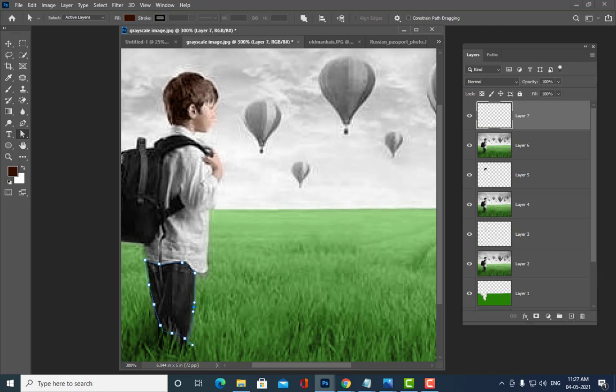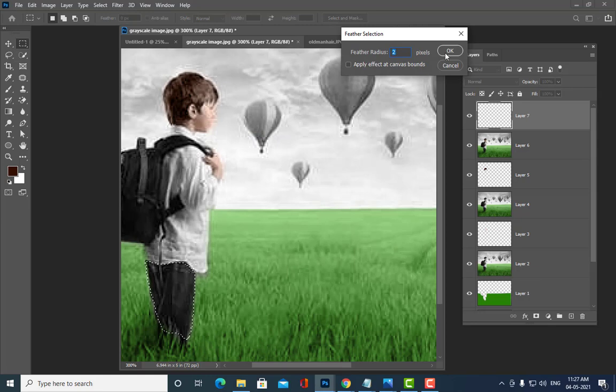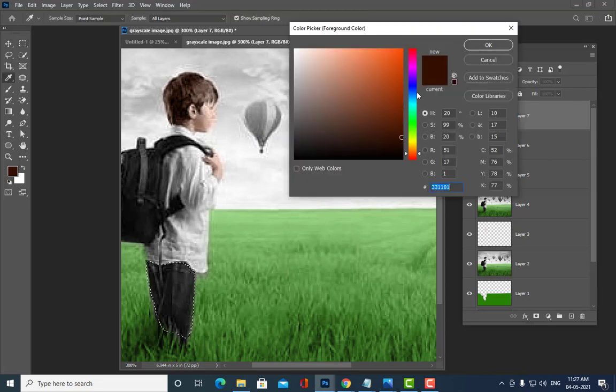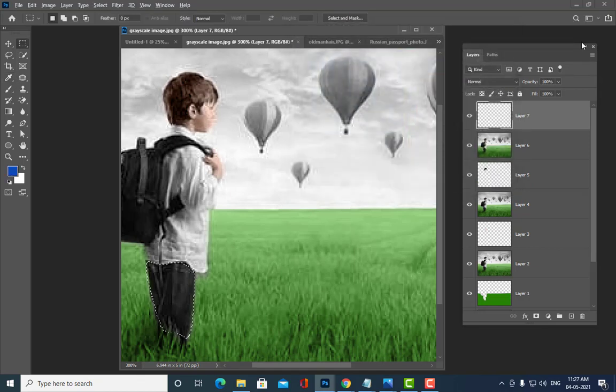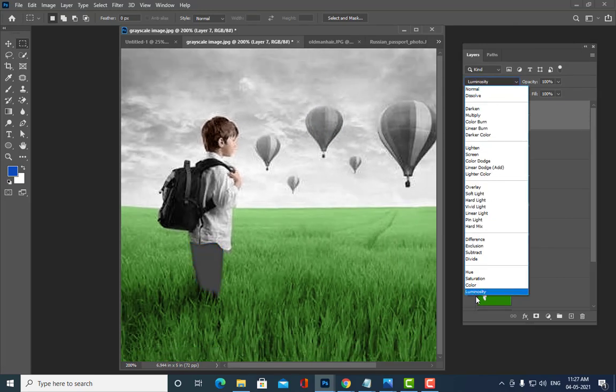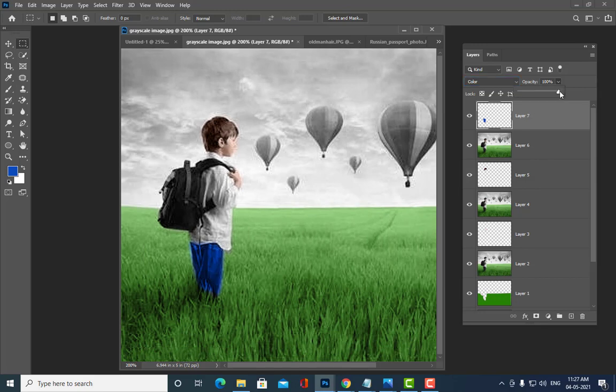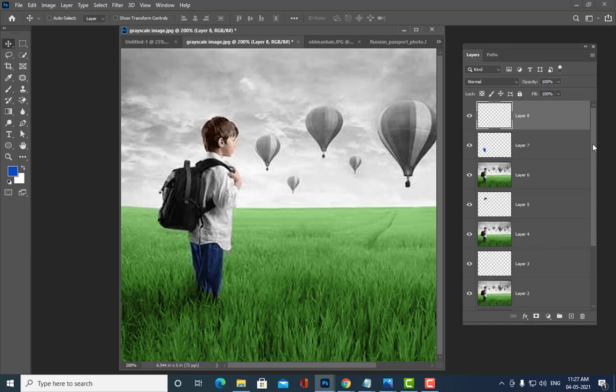Then just take a new layer, Control Enter, give some feather to this, and then okay, so now we have colorized his pants also, and then I have reduced the opacity also, and now we'll once again take a common layer, Control Alt Shift and E.